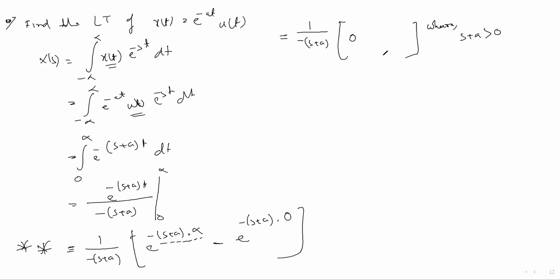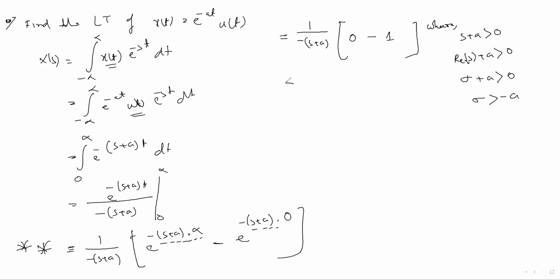Okay, and this is nothing but 0 multiplied with 0, so e to the power 0 is 1, so it is 1 only. Okay, so this s plus a, you can write it as the real part of s plus a, because a is a real number, that real number should be summed with the real part of s. S is a complex number, and the real part of s is nothing but sigma plus a, which should be greater than 0. That's why sigma is greater than minus a.